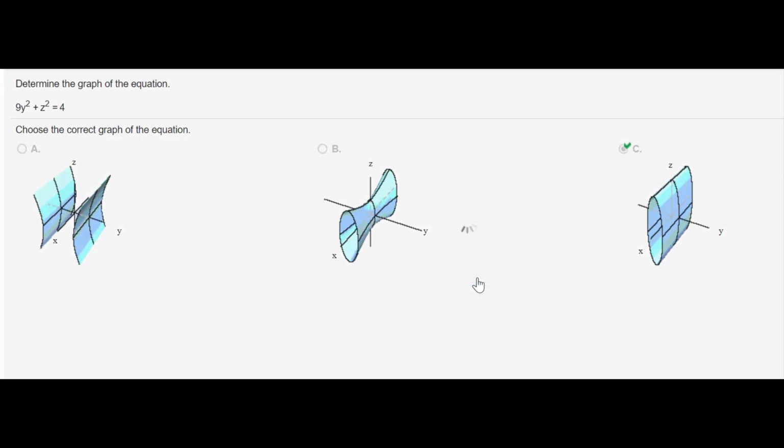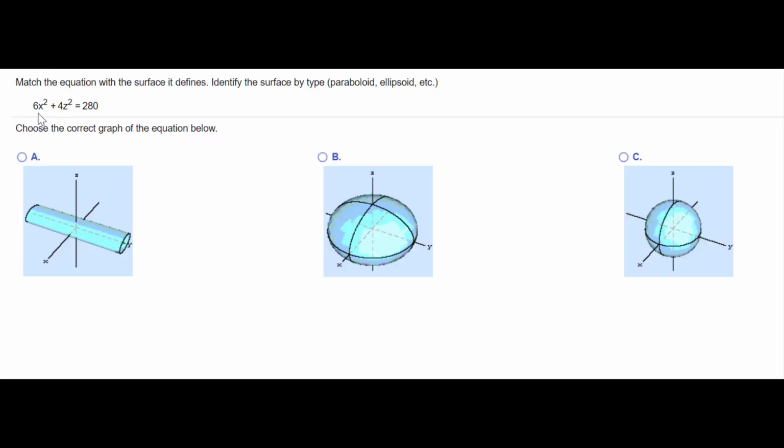Okay, let's try another one. So we have 6x squared plus 4z squared equals 280. Now this was pretty similar to the last one. This is going to be an ellipse in the xz plane just by seeing the fact that it's x squared plus z squared and no other variable. So y is not mentioned, so that means y can take on any values. And so you have this elliptical type shape in the xz plane, and the only real option here is A,